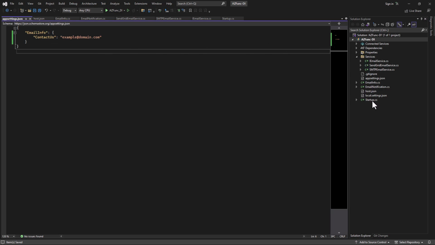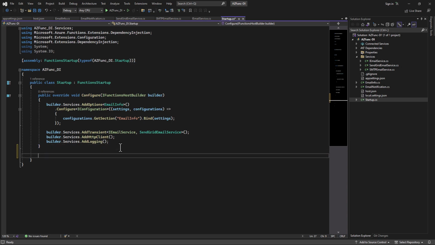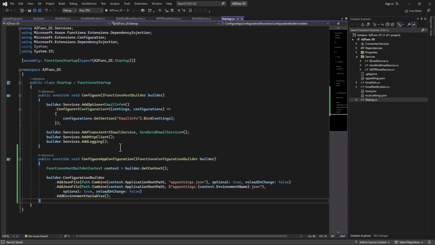Now I will open the startup class, and in this file I will paste the code to override the ConfigureAppConfiguration method. So this code adds configuration values from a base and an optional environment-specific appsettings file. We have added configuration providers to the ConfigurationBuilder property of IFunctionsConfigurationBuilder. A function's host builder context is obtained from the IFunctionsConfigurationBuilder.GetContext method. We will use this context to retrieve the current environment name and resolve the location of configuration files in our